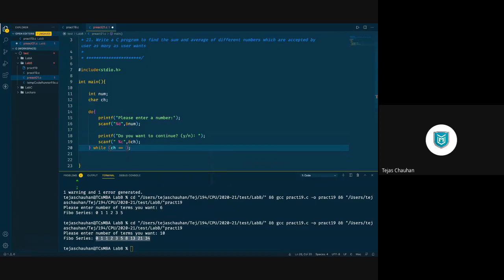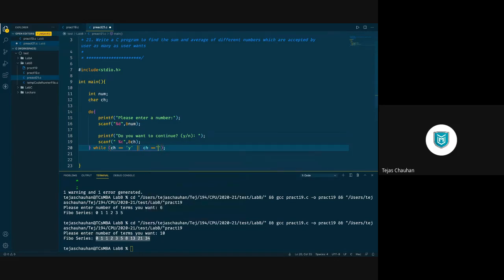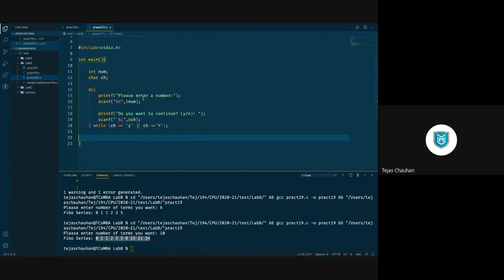If this ch is yes, then we are going to continue this loop. Now the user may also give capital Y, so we'll have an or condition. ch is double equals to small y or ch is double equals to capital Y. Still, anything may happen. We want this thing. Okay. So this is how you can repeat it.